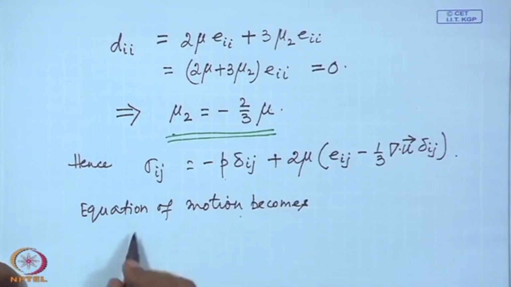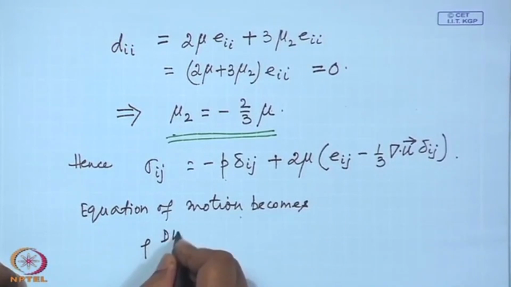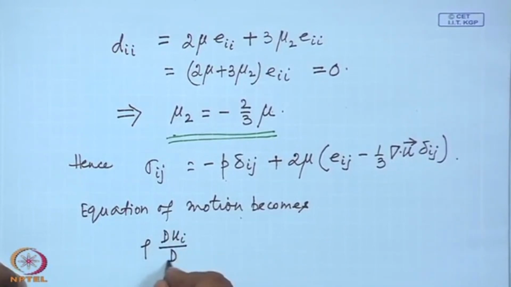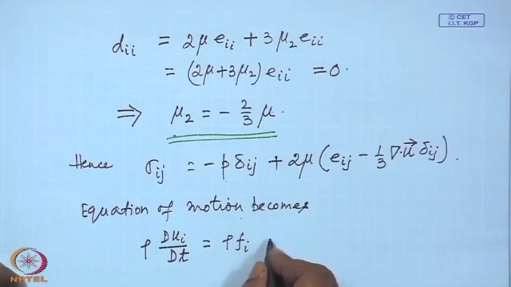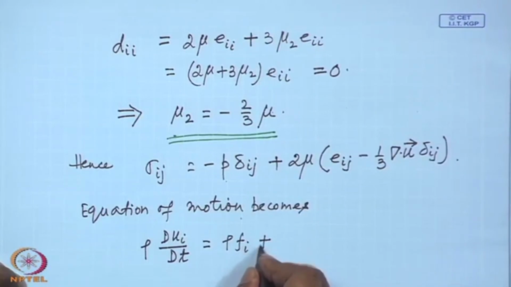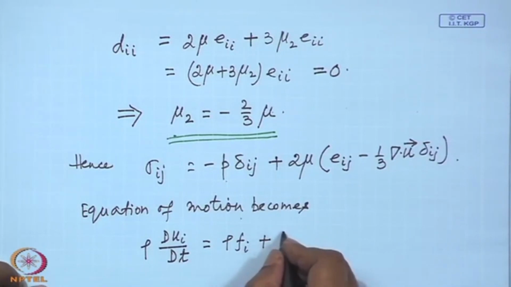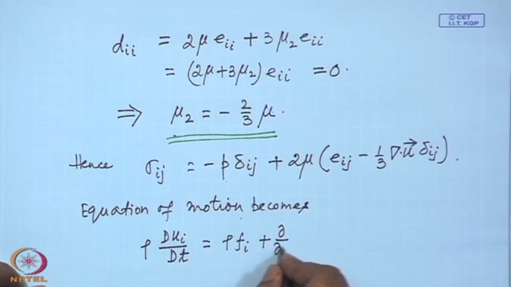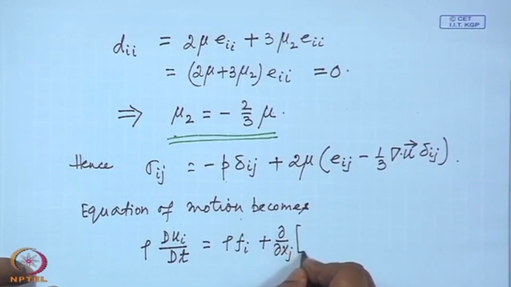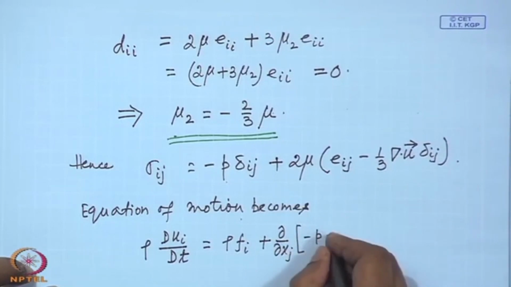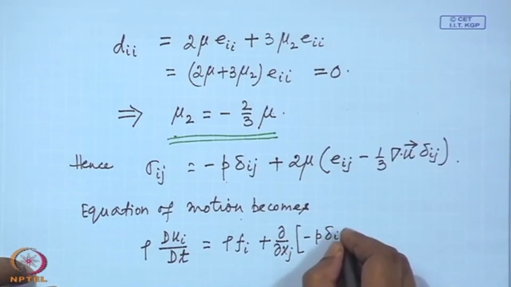Now the equation of motion becomes, look back, rho du_i/dt equal to rho f_i plus d/dx_j of sigma_ij. So that we can now write d/dx_j of minus p delta_ij